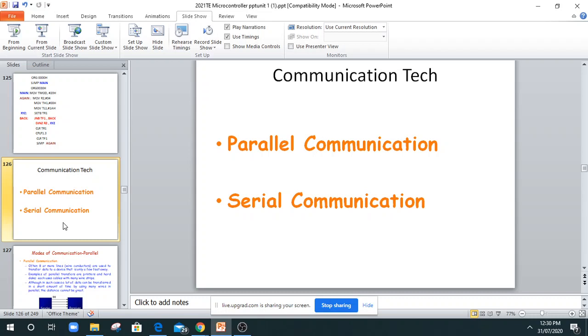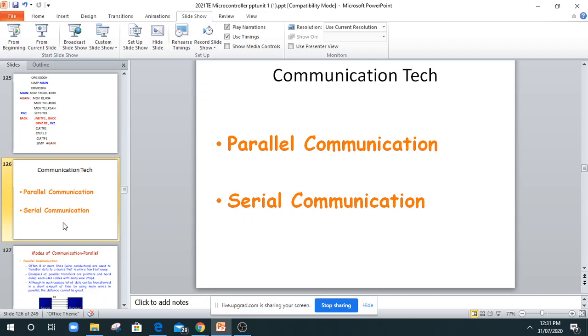Normally in communication technique there are 2 ways. First one is parallel communication and second one is serial communication. Through the port structure we already know that we are sending data from the controller to a peripheral, input device, output device or memory, and a port has 8 pins, and that's why 8 pins send 8-bit data at a time.